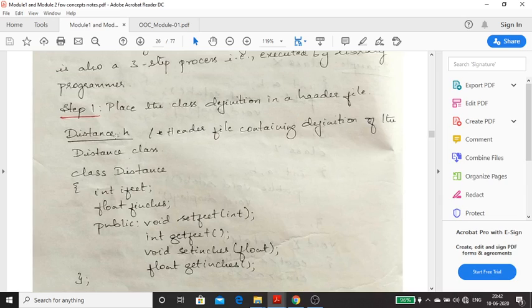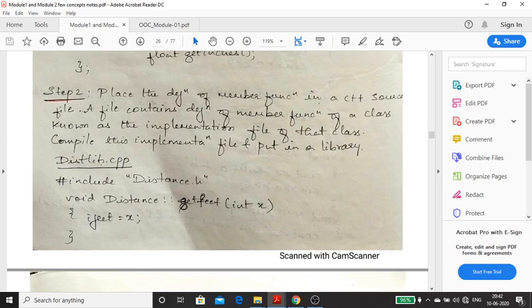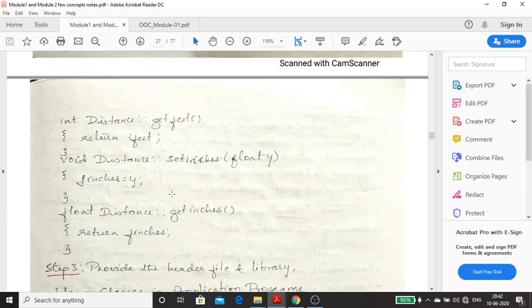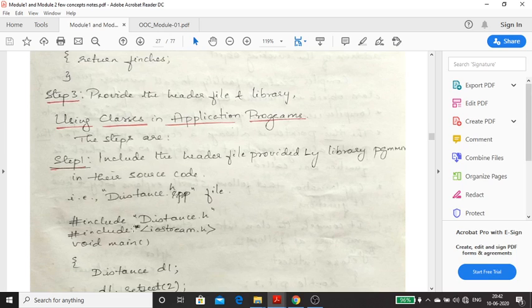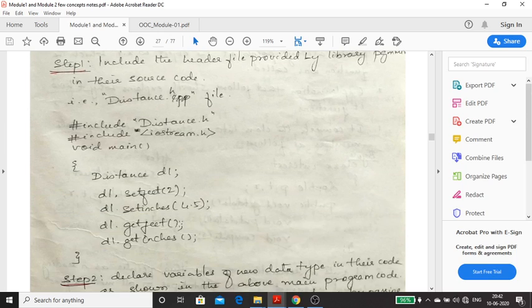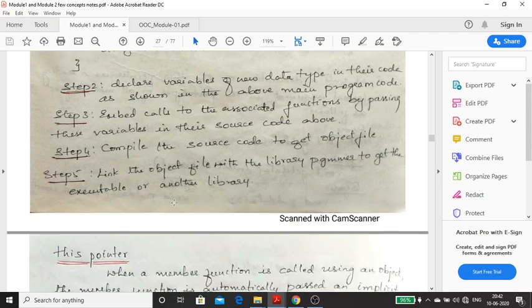Take one header file, a file with extension .h with any name, and write the class definition with the functions without any definition. Next, in one more .cpp file, write all the definitions for the functions using the scope resolution operator, save with extension .cpp and compile. After compiling, you can include that in your program and use it. That's it. This is how you can create your own header files.